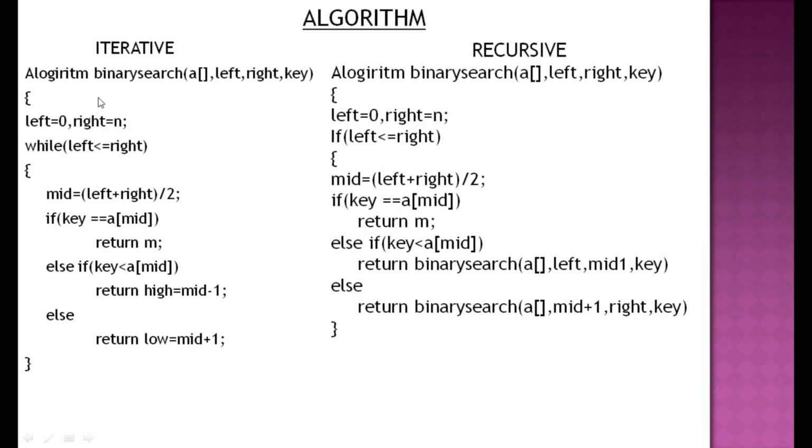So the algorithm is of two types, iterative and recursive, and the programs are of two types, iterative and recursive. The time complexity is the same for both iterative and recursive, but this is automatically defined by the system itself, whereas here it is called by the user. Next, coming to the